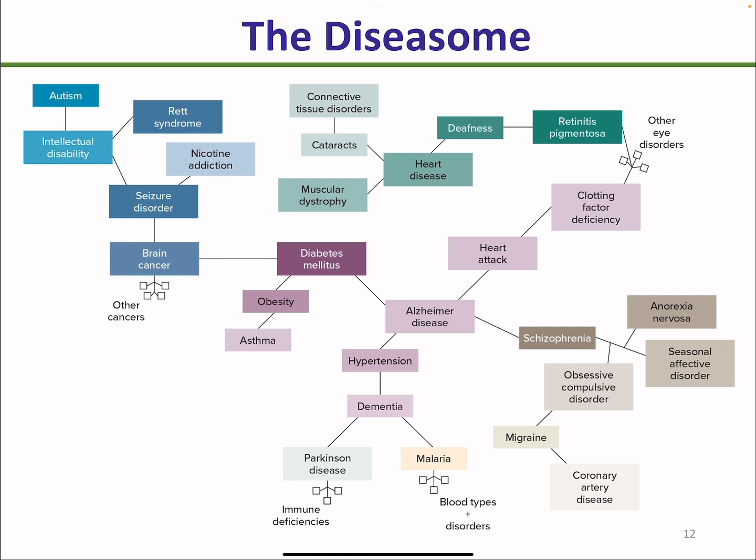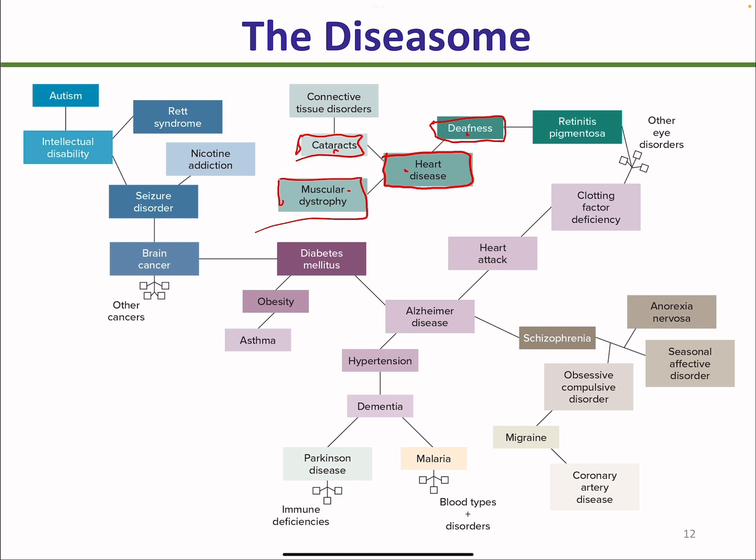Now, you see that it's kind of like a network, okay? It's a network. Say, let's focus on heart disease. So we notice that heart disease can be associated with genes that are expressed in a case of deafness, in a case of cataract, in a case of muscular dystrophy. So we see that there are some genes that are expressed that are commonly found in these different